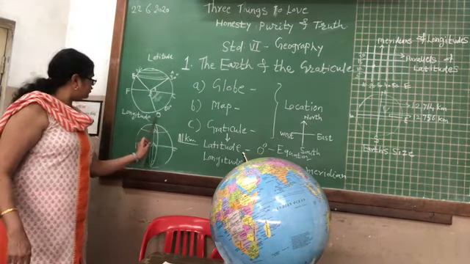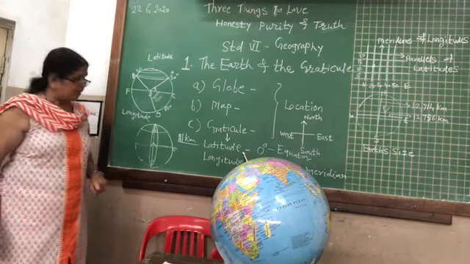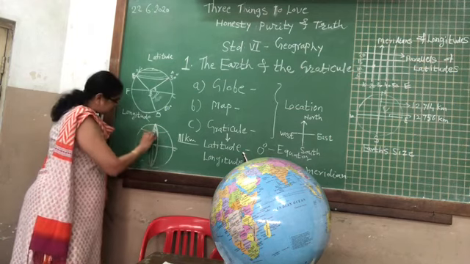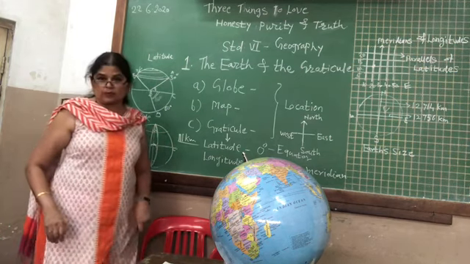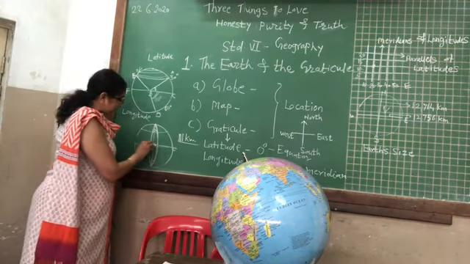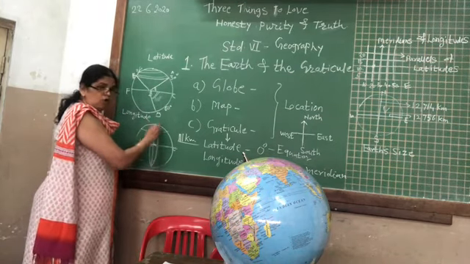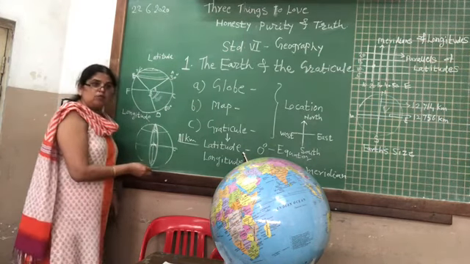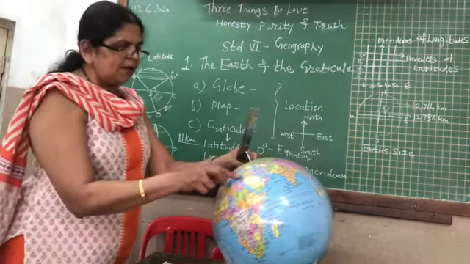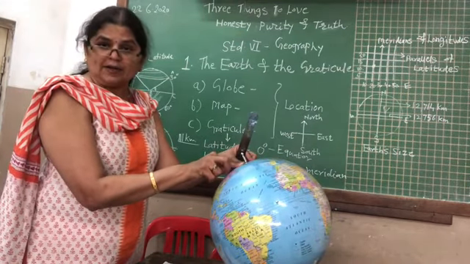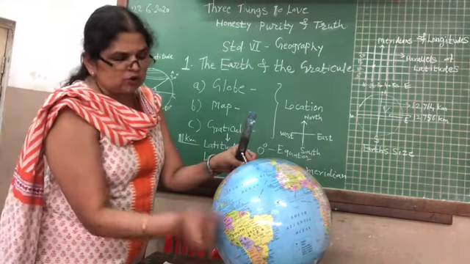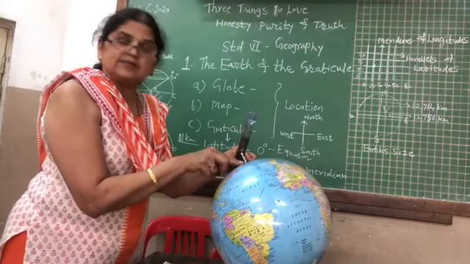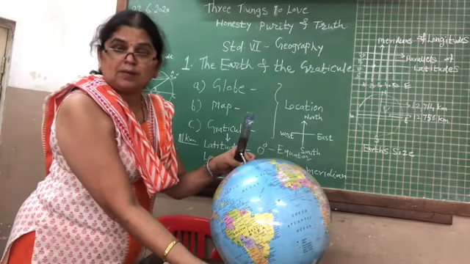The distance between two longitudes is not uniform. It is maximum at the equator and it goes on reducing as we go away from the equator. On the equator, it is 111, but as we go, it goes on reducing. As we reach the poles, North Pole and South Pole, all the meridians meet at one point. So the distance is greatest toward the center and it goes on decreasing as we go toward the poleward margin.